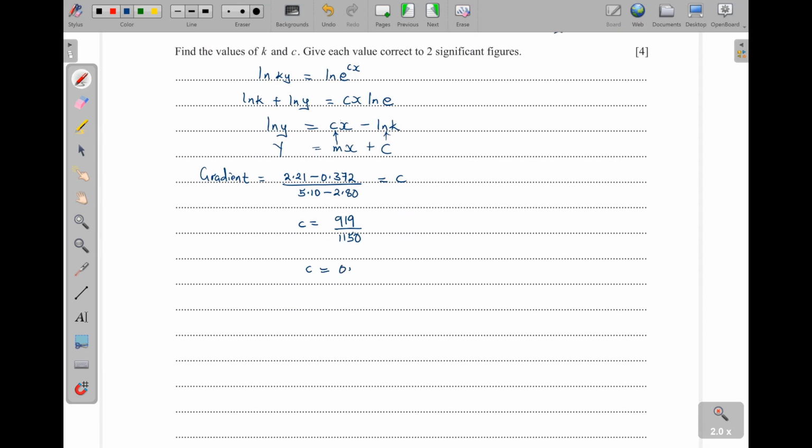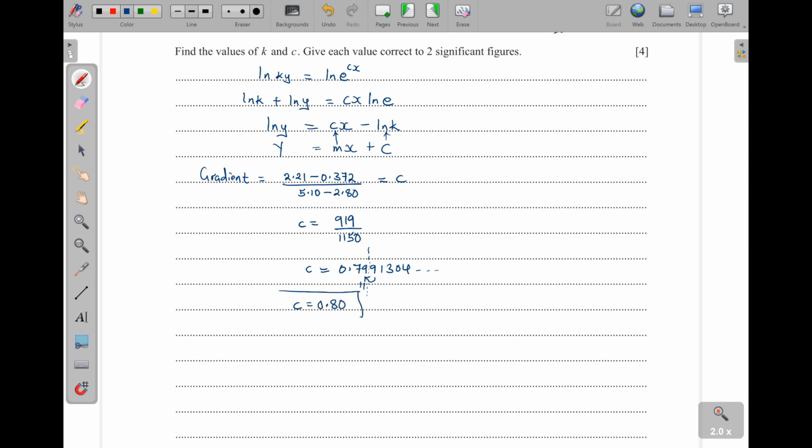We have 0.7991304 and the rest of those figures, but I'm supposed to write to 2 significant figures. Remember, 0 is not a significant figure unless it is in between other figures. So I'll round off this one, I will add a 1. So this becomes 80. So that means C is going to be